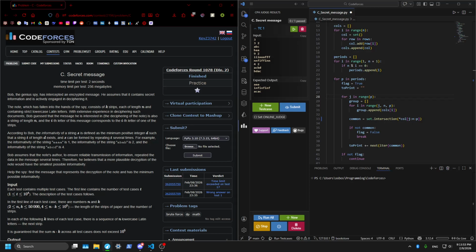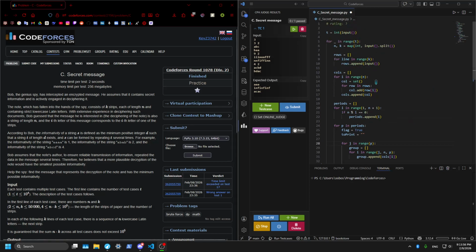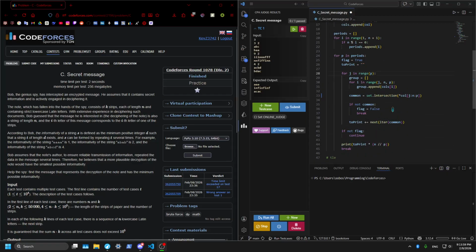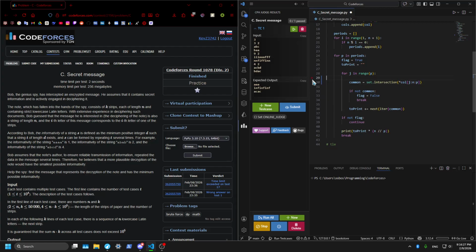I low key think if I wrote a C++ version of this code, it would just pass. But I'm pretty sure I was doing some research and this is technically faster than what we were doing before, because Python does this in C, and it's just faster than for looping in Python. So I think we can just get rid of all of this. And since we have no I anymore, we can replace J with I. And then